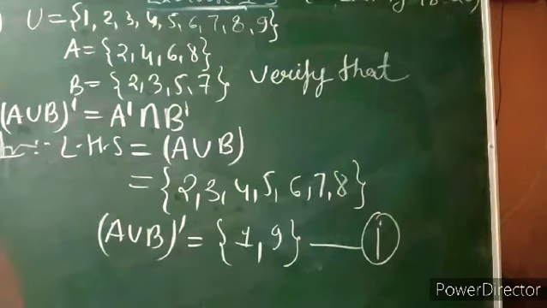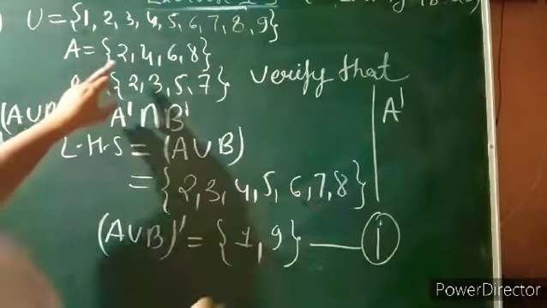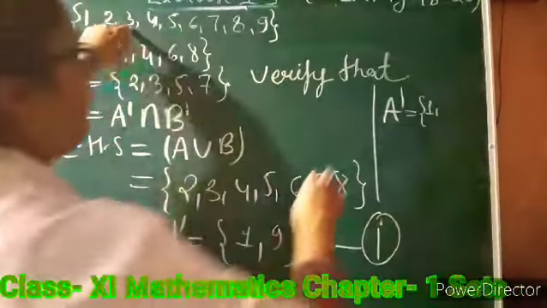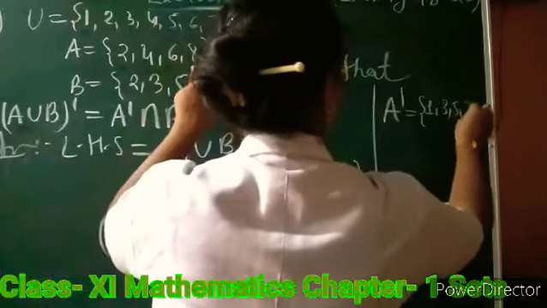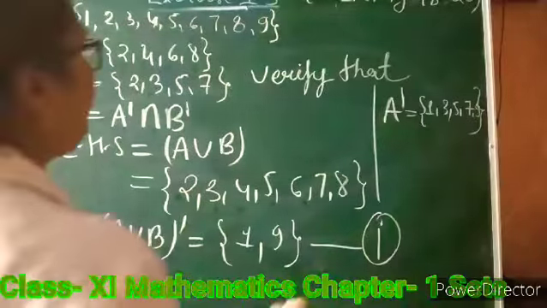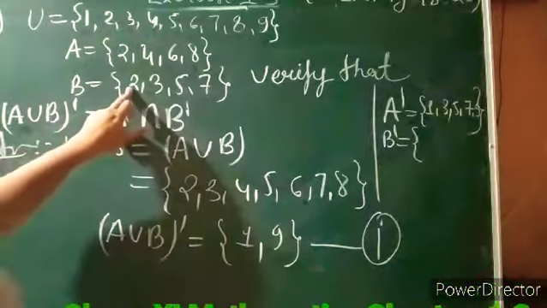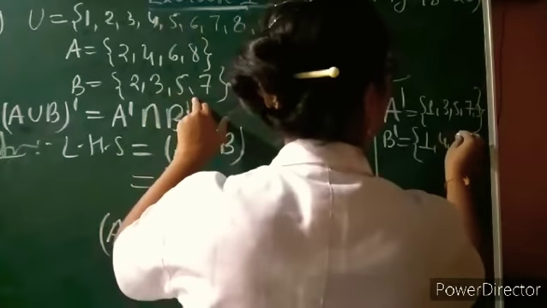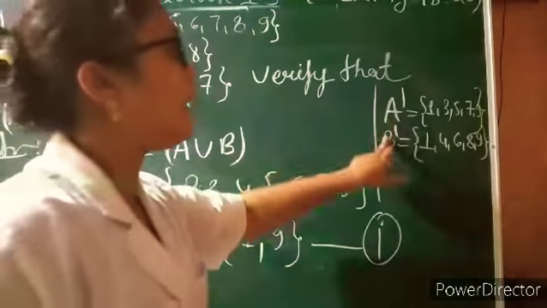Okay. Now we find the complement of A dash. Complement of A dash, that means 1, 2 already here. So we take only 3, 5 and 7 or 9, 7 and 9. And you see, we take the complement of B dash. So here 1, 2 is there, 3 already, 4, 5 is here, so 6, 7, 8, 9.